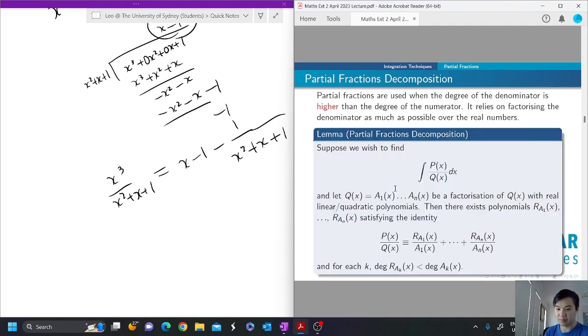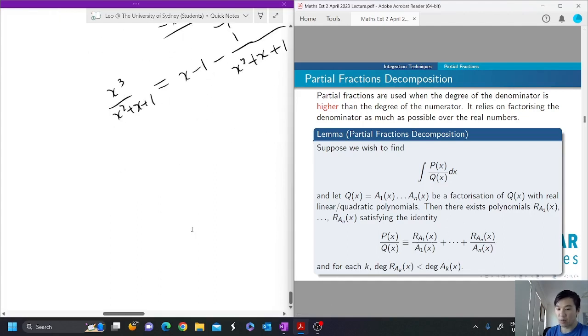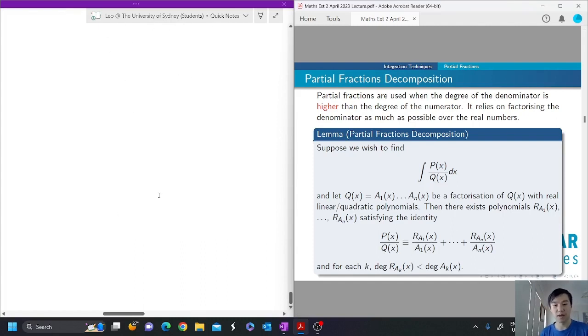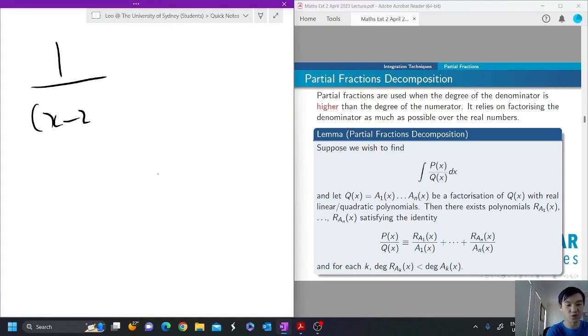So basically, if you wish to find the integral of a polynomial p of x over q of x, where q of x can be factorized into linear polynomials or quadratic polynomials, then there exist sub-polynomials which satisfy this identity. It's a bit complex when you write it like that, but basically it's saying if you've got something like 1 over x minus 2 times x plus 3, there is a way of writing it so that you can simplify this fraction